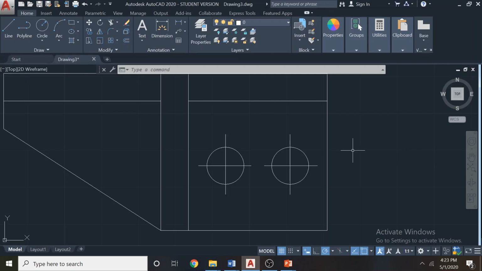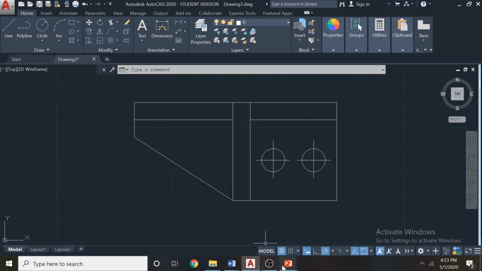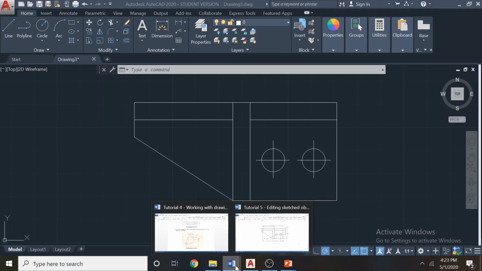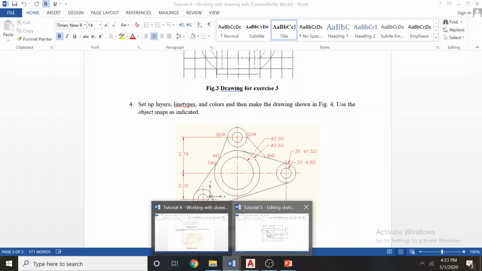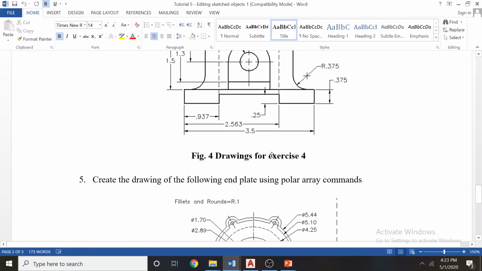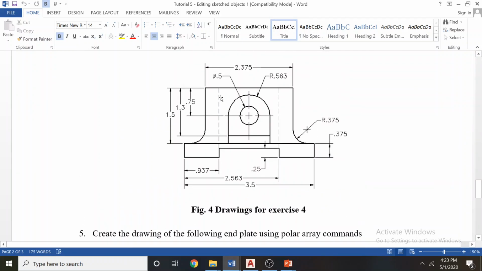So we have to change the line into center lines, and in a good drawing you will find a lot of line types. Now this has center lines, normal lines, this has dimensions. If you look at another drawing, you have center lines and hidden lines, continuous lines, dimensions, text.